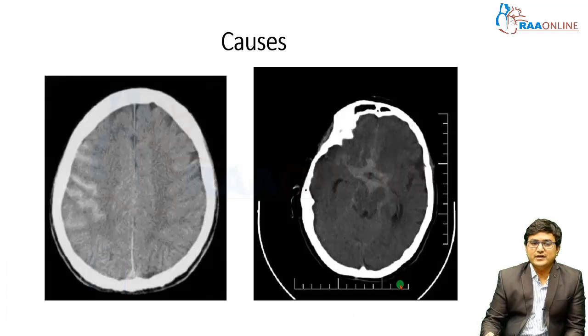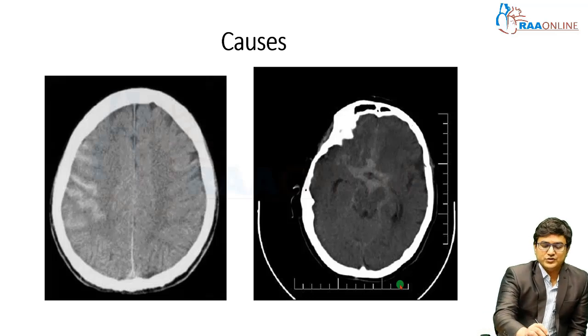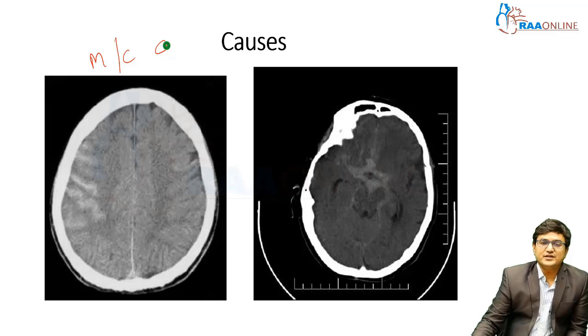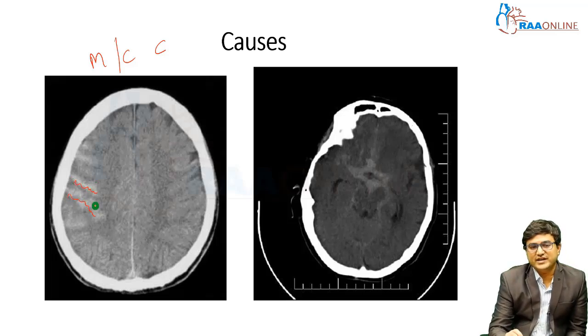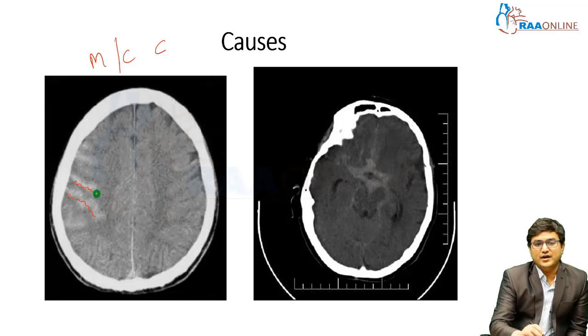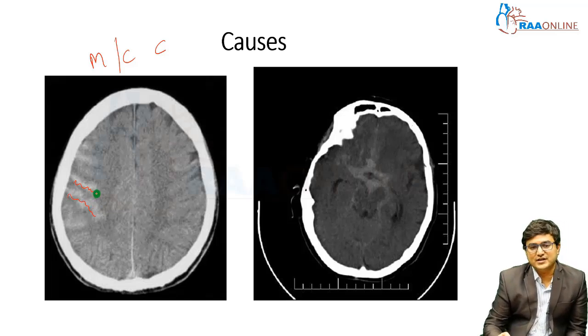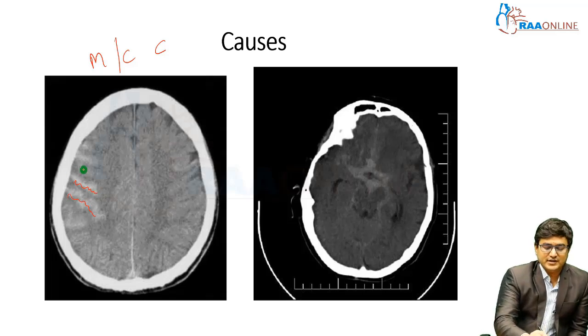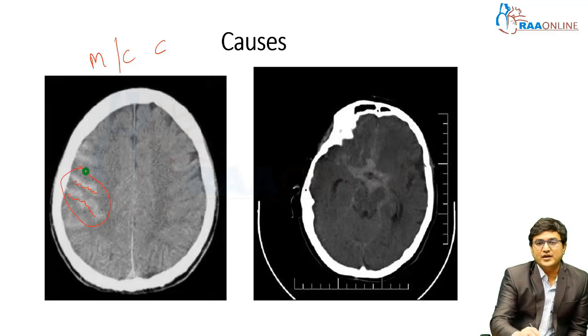So, as you all might know, the most common cause of subarachnoid hemorrhage is trauma. Usually, traumatic subarachnoid hemorrhage happens in the sulcal spaces, as seen in this axial plane CT scan, which is showing some hyperdensities in the sulcal spaces. These are usually the convexity sulcal spaces, that is, on the top, and trauma usually causes SAH in this region.